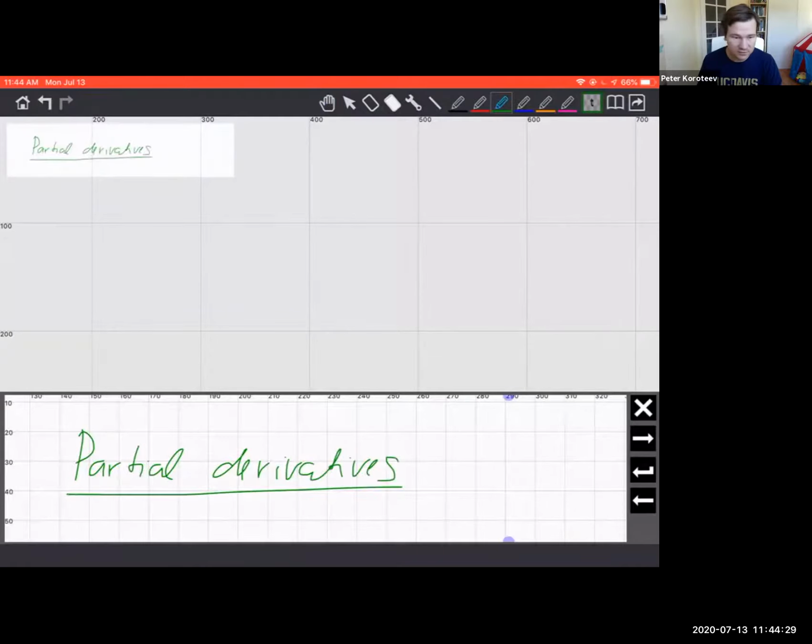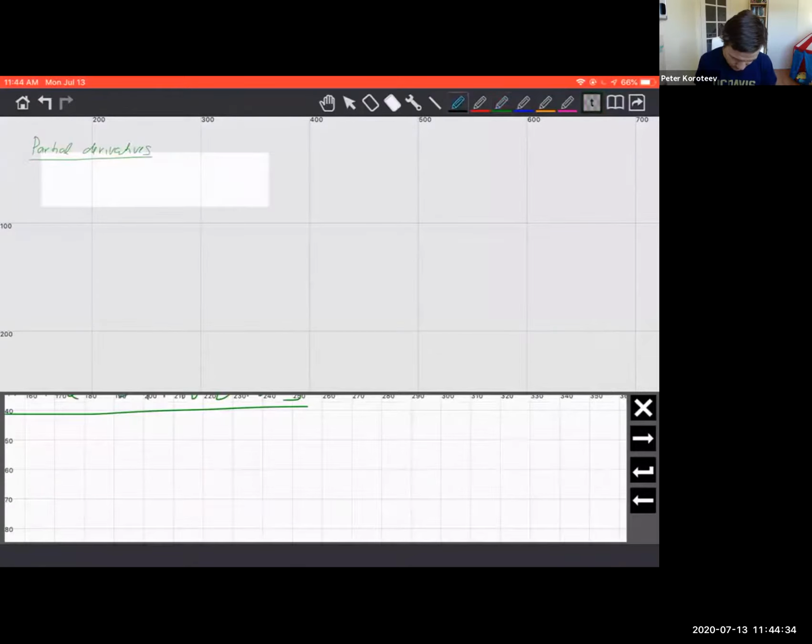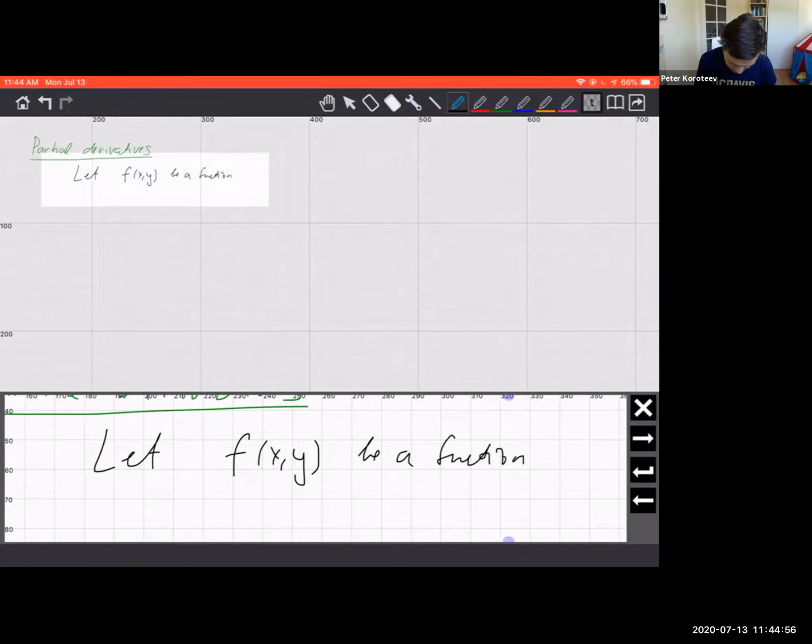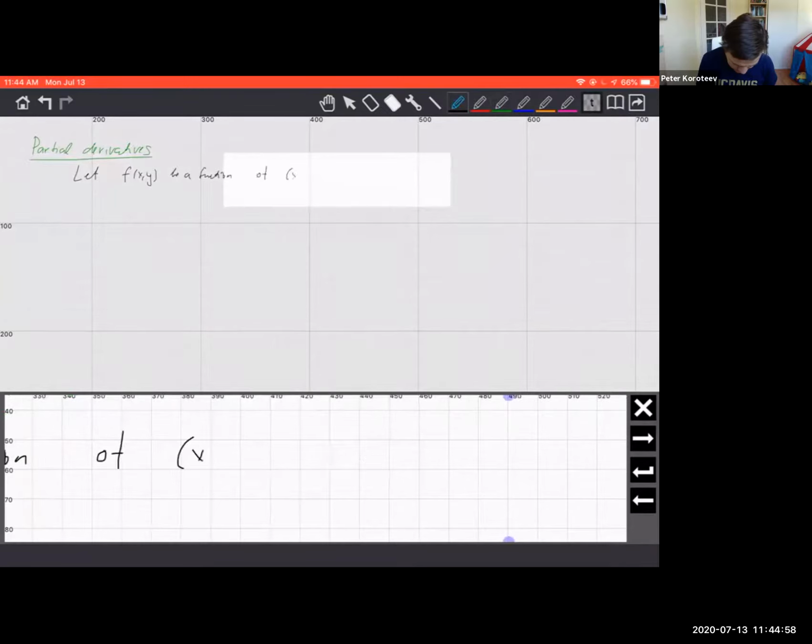So here's the formal definition. Let me write the definition only for the function of two variables. So let f of x, y be a function of two variables, where x, y belong to some domain D. Then, if the limits